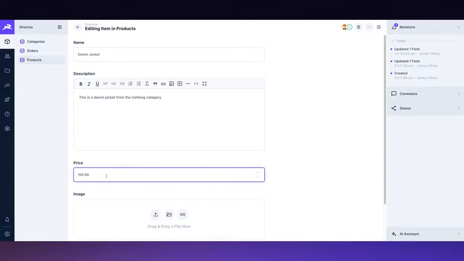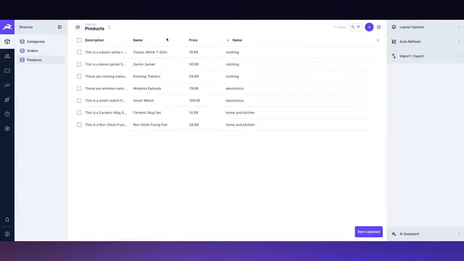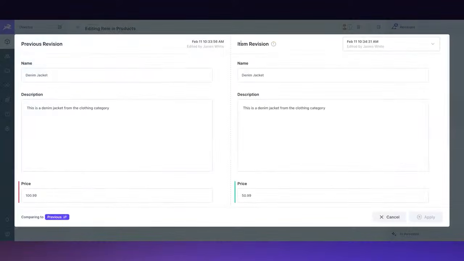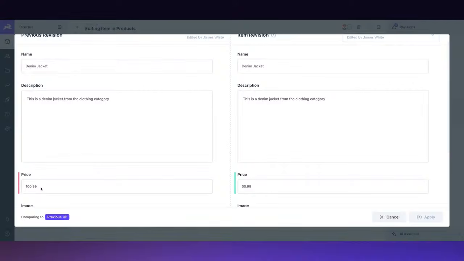Now, we've also made some improvements to how you can view revisions inside the studio. So let's assume that we're updating the price of our denim jacket. And let's come back in to look at the revisions. Now, previously, when you viewed a revision, we were always comparing the revision you open to the latest revision of that item. But we've made some changes to make this a little bit more intuitive. So if I update my latest revision, you'll see I have that revision on the right-hand side, and I'm always comparing it to the previous revision now, so that we can see the granular change from 100.99 to 50.99 in